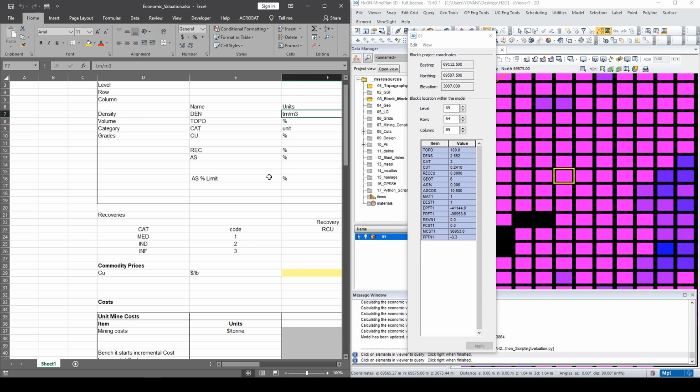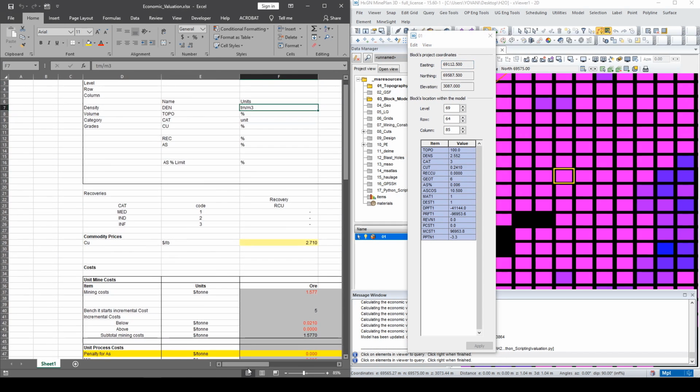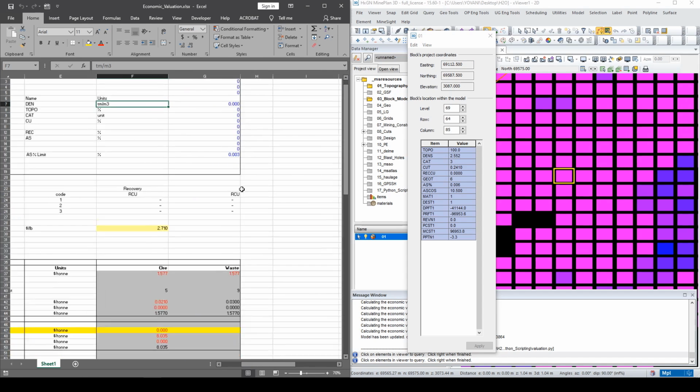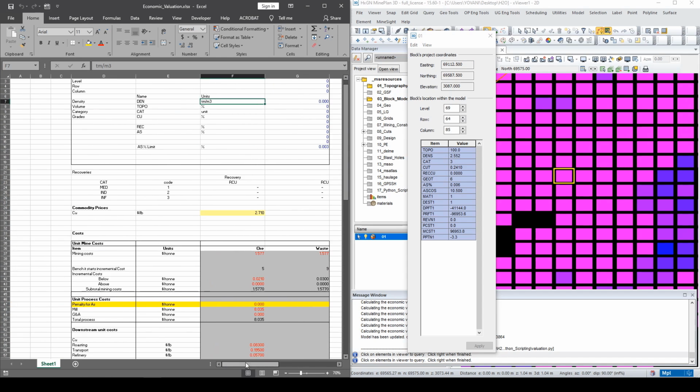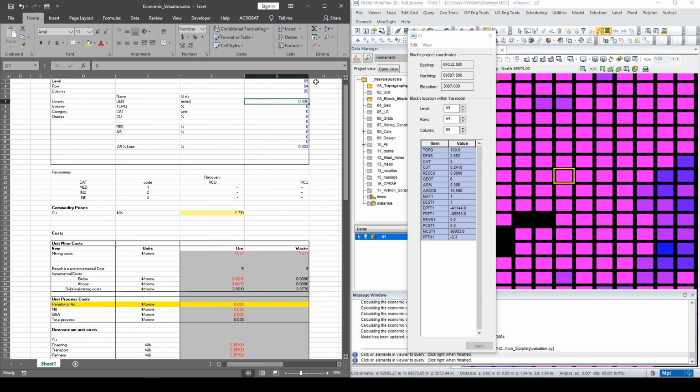Let's copy all the required values into the spreadsheet. Okay, level 69, row 64, column 85. Then we've got the density, which is 2.552, the volume or the percentage of the block that is within the surface, which is 100%,